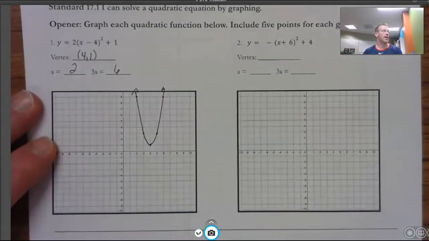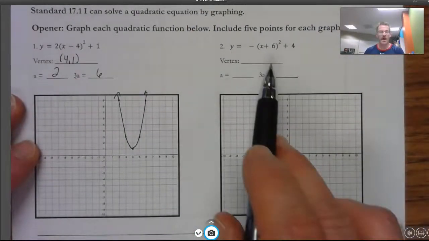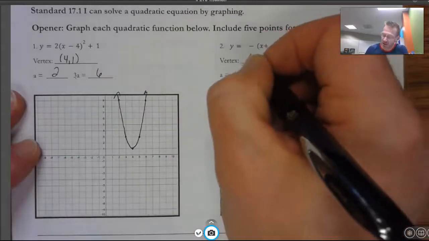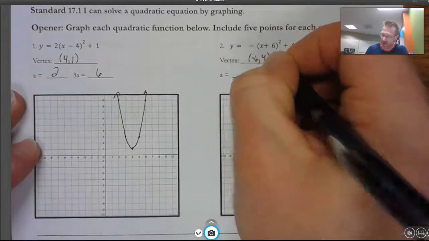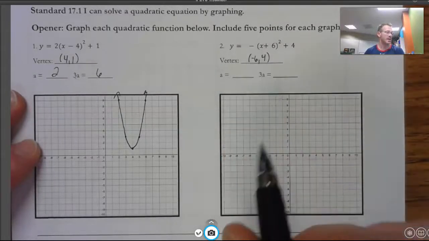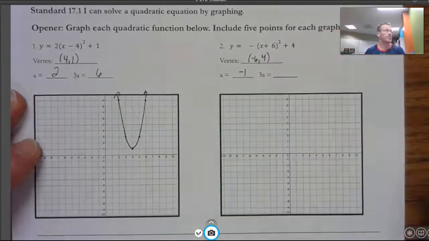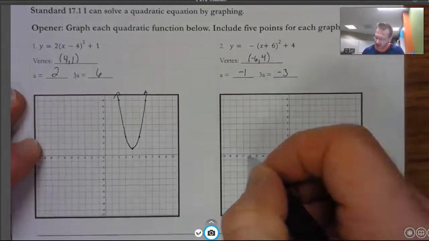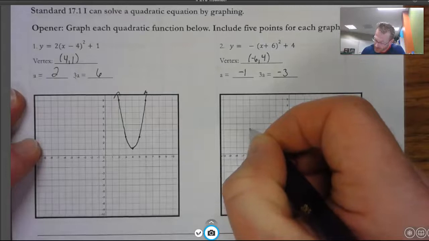Now, when I look at number 2, notice this is a +6. The negative is part of our formula. So what this tells me is that my vertex is -6 and then +4. Now, the number in front, if I see just a negative, remember that is -1, and then 3A would be -3. So then to graph this, I would go to -6, +4 right here,